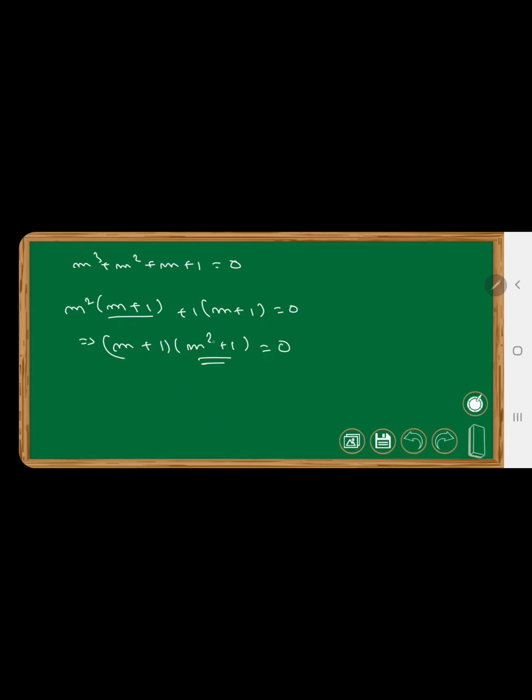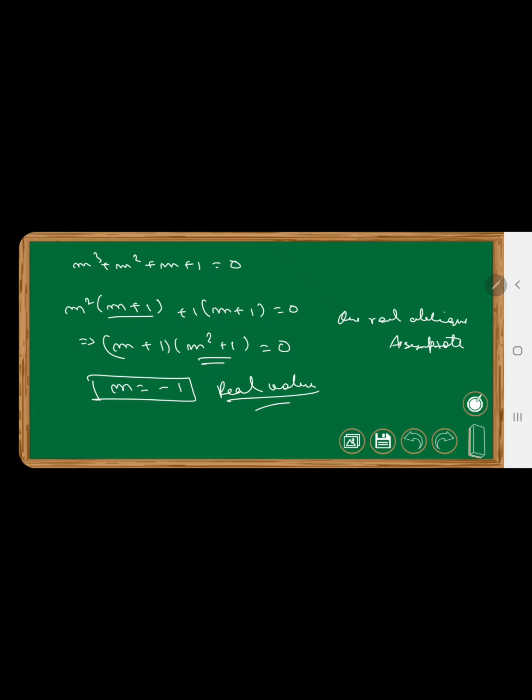This will give you complex roots. So m equals minus 1 is the only real value of m. So there will actually be only one real oblique asymptote, and the rest will be